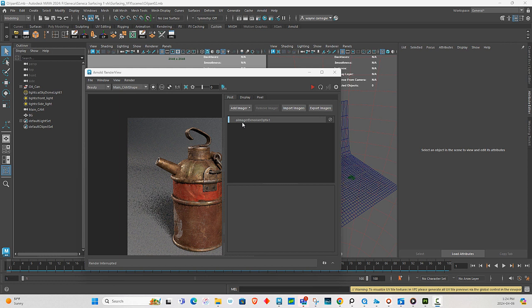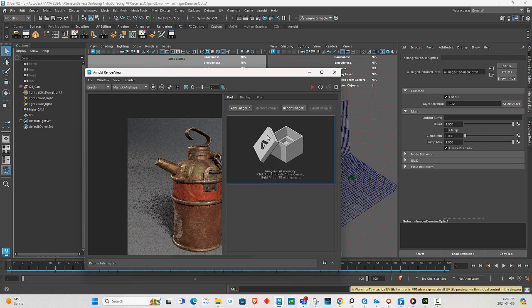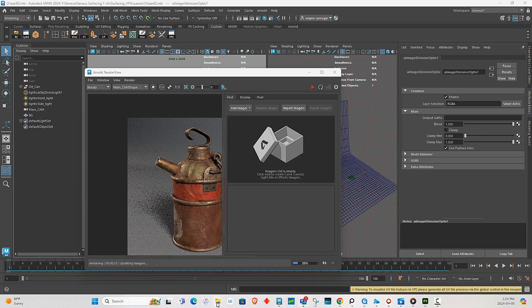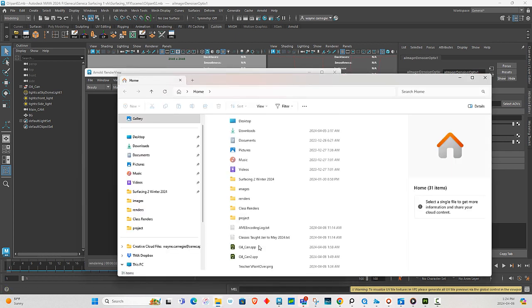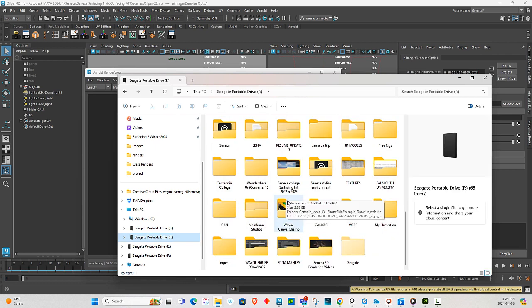So you see I have an Optix denoiser here. You want to get rid of that. And not only do you have to do that, there's a script that I have to plug in to get rid of it. It's not totally gone yet. So I'm going to go here. I saved the script in